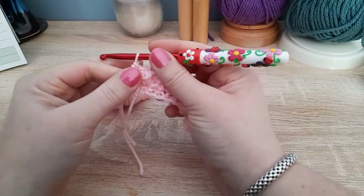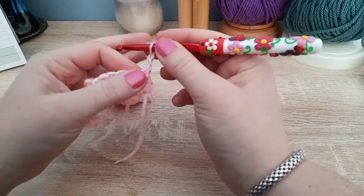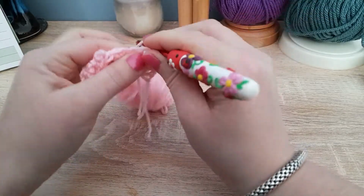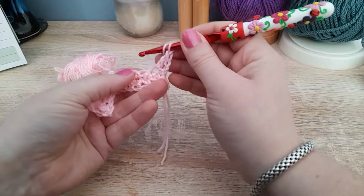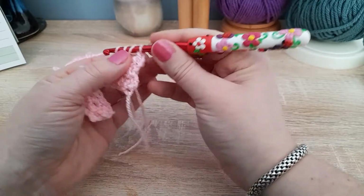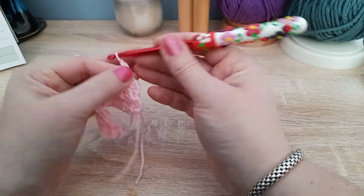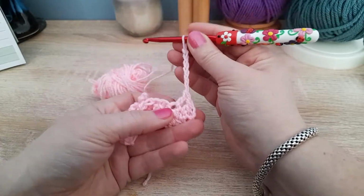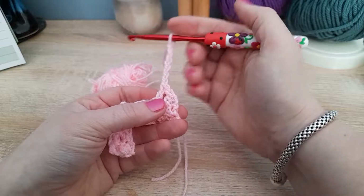Now we're going to do the big picot. Now big picot is just doubling it. So with double, I will do a double crochet, because why not? So I'm yarning over and I'm going in for my double crochet. And I'm going to do another double crochet because I'm going to do a picot on the alternate stitch to the previous. So there's my double crochet, and now I'm doubling it, so I do 1, 2, 3, 4, 5, 6 chains,